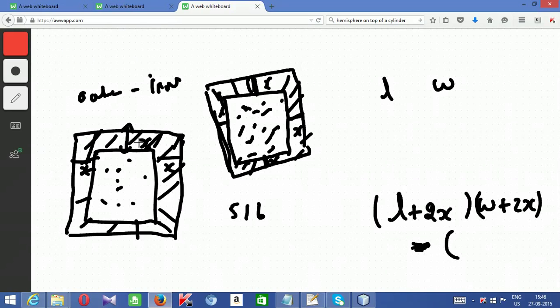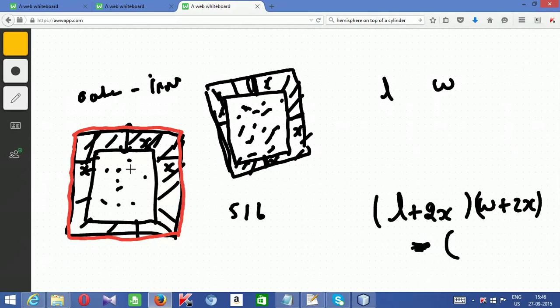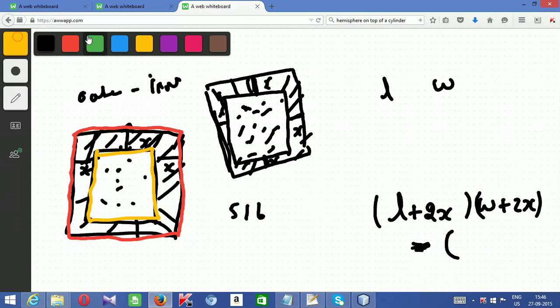Suppose this is the outer rectangle, whatever we have drawn here. This outer rectangle minus the inner rectangle will give you the area enclosed here, right? So that will be the area, and for that you will find the area of the